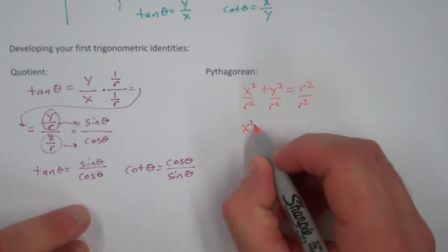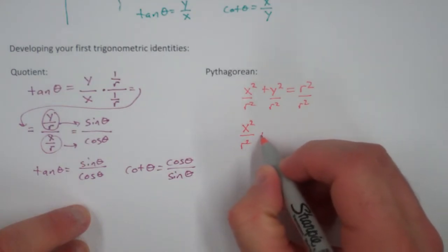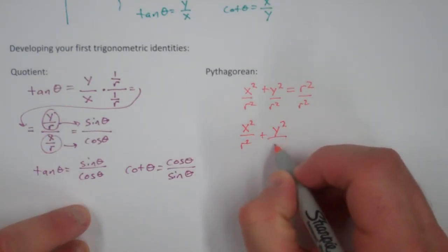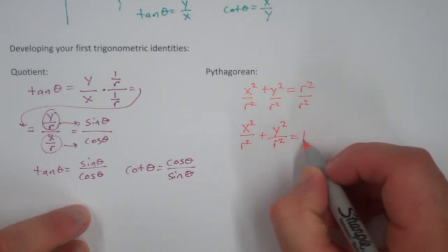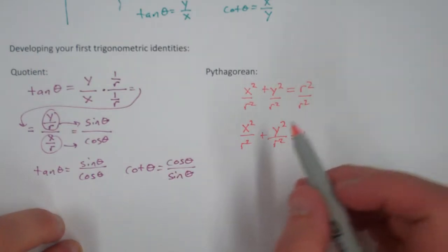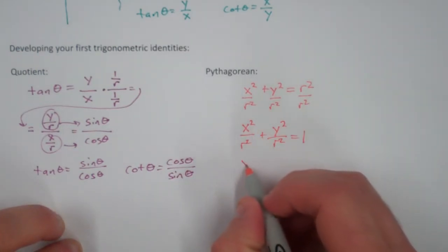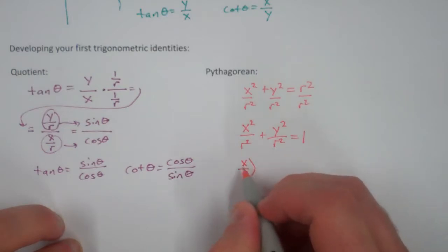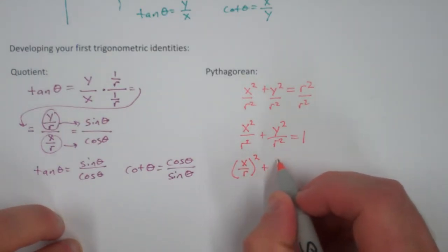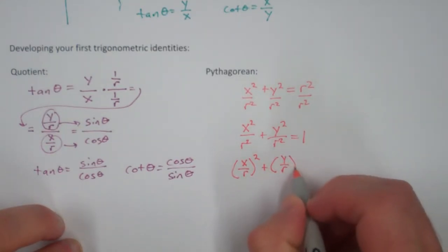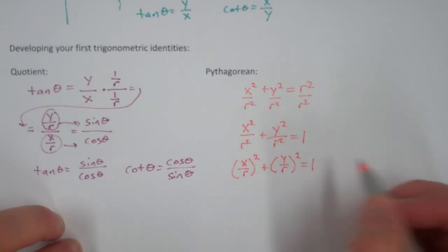We get x squared over r squared plus y squared over r squared is equal to 1. And if we rewrite x over r, the quantity being squared, and y over r, the quantity being squared, equal to 1,